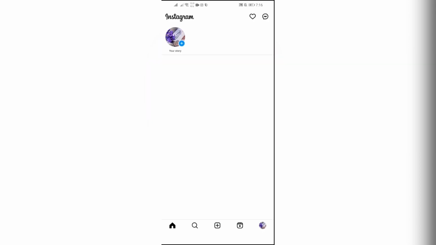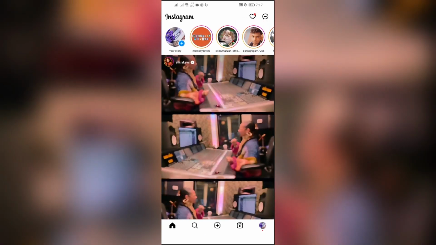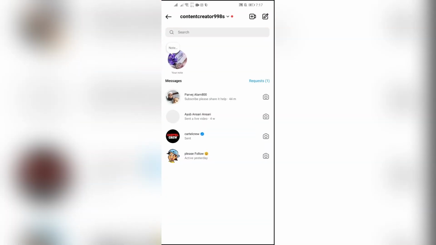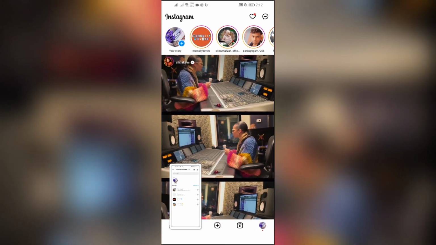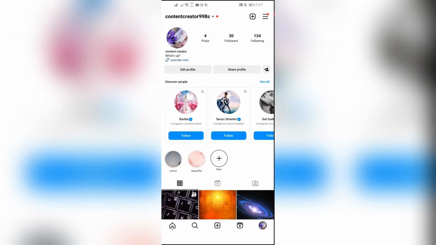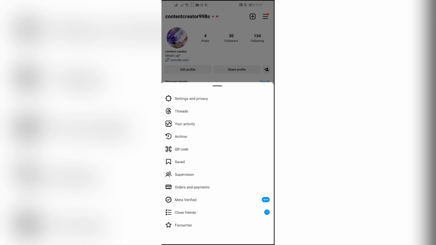Now, if your Instagram messaging is not working, simply go to the messaging section of Instagram and take a screenshot of the problem. Then go back to the home page, and go to your Instagram profile. From there, click on the three bars at the top right, and after clicking there, go to